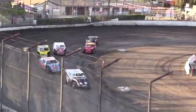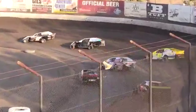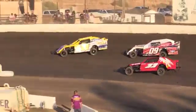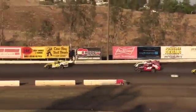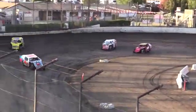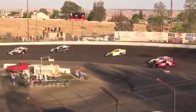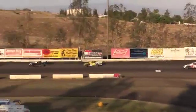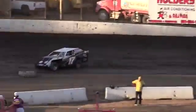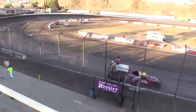Green flag is in the air. Terry still holding the lead, but the battle's going to be for the transfer spot. Holder looking low. Cale Kenke looking lower. White flag going to come out this time by Griffith, still trying to close in. Battle for the lead. Kenke still battling it out with Holder. That's all Michael Black needs. He pulls away from the battle for 4th. And out of turn number 4, Terry's going to take over the victory. Griffith and Black move on to the main event. The rest